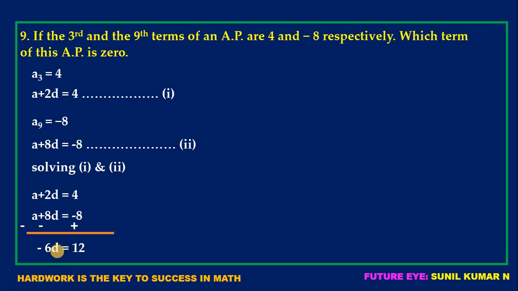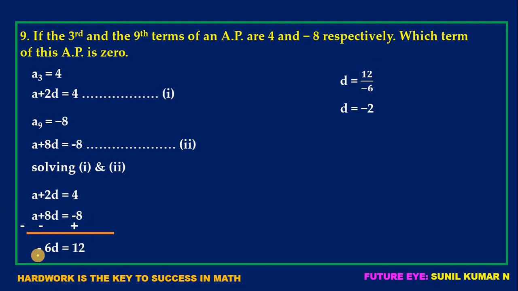Now let us simplify those, children. This minus 6 transfer to right side, we get it in denominator. Now let us simplify those. 6 ones are 6 and 6 twos are 12, and don't forget here in front of 12 there is a plus sign, and in front of 6 there is minus sign. So plus divided by minus is minus only. Hence d value we get in negative form, that is -2.